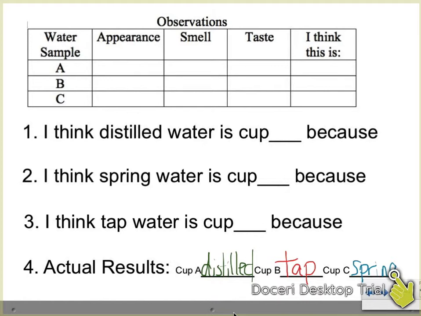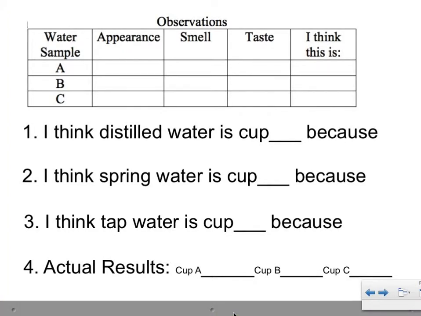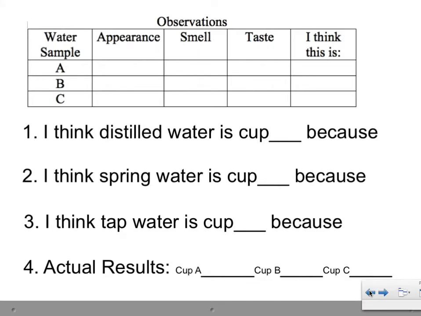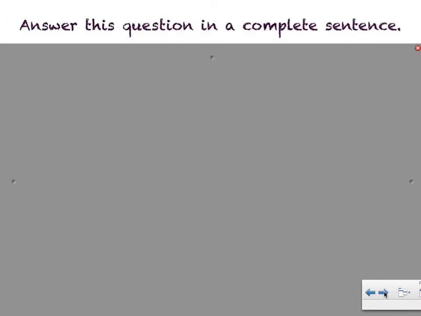All right, now let's take a look at our next page. You didn't explain it. Explain what? It says, I think distilled water is cooked plain. That's for us. You're supposed to do that before we did the results. You're supposed to answer it like I think it is because it tastes this way or it looks that way. 1, 2, and 3 you're supposed to do on your own. All right, so looking at this question,